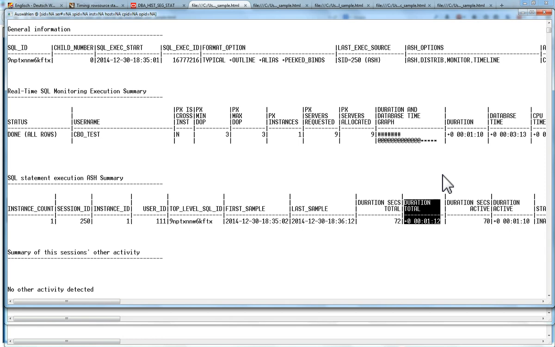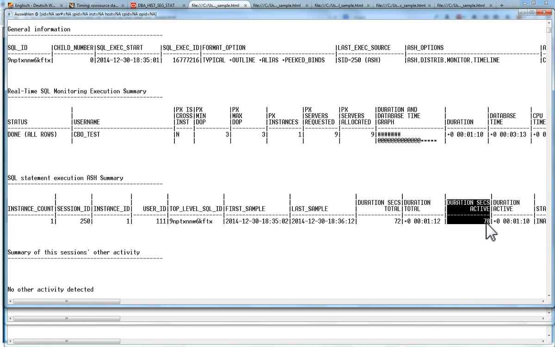This sometimes is related to rounding issues, because I round here the timestamps of the sample times in active session history to dates, and then sometimes you get this difference between 1 and 2 seconds depending on this rounding, but it shouldn't typically be more than that. Of course, as I said, the database time could be different, so you might have idle time in between, and therefore I have this additional information, this duration active,